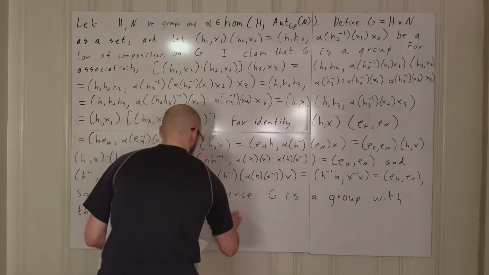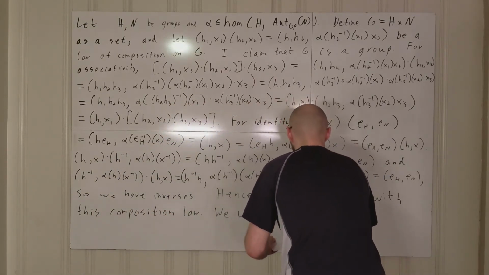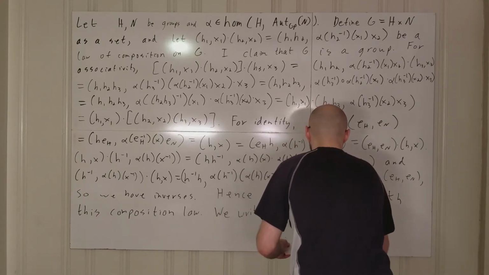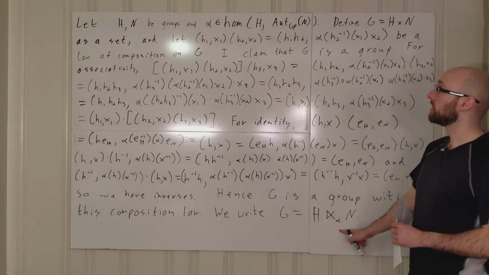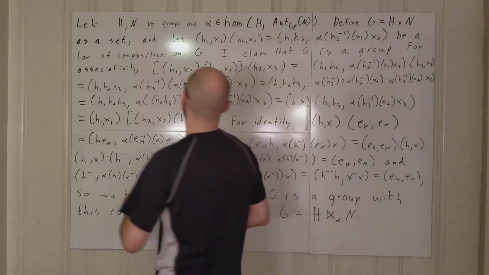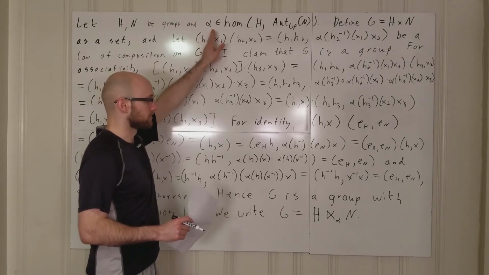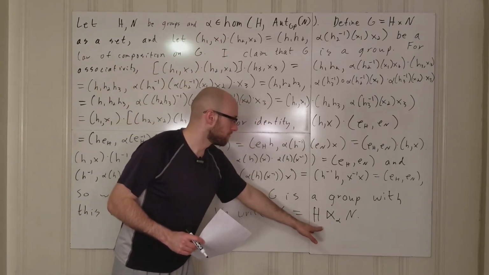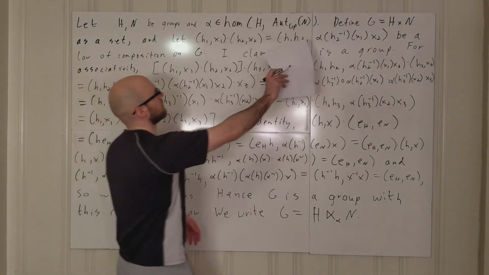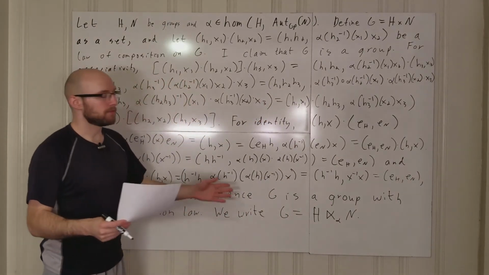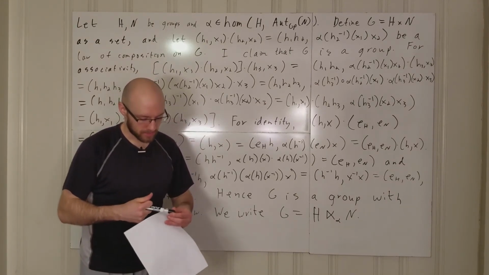And also, we write G as H semidirect product with N, but we use an alpha here under the semidirect product. And this is just alluding to the fact that we have this alpha, which is this homomorphism here. And this alpha is what we're using to take the product of H and N, because that's what we use in this formula. So anyways, I think this is sometimes called an external semidirect product,